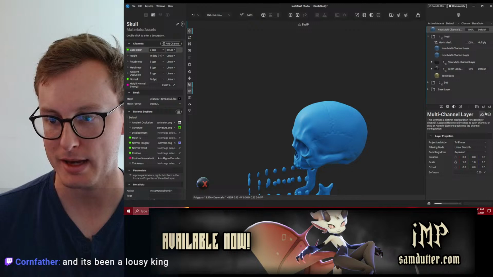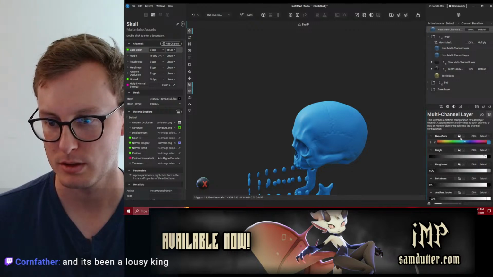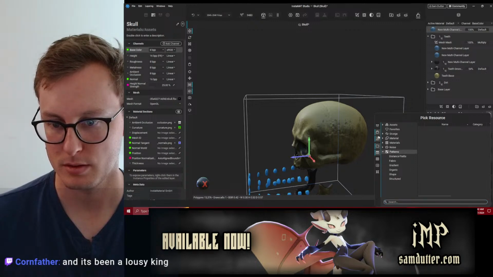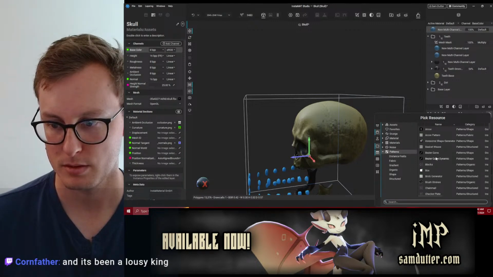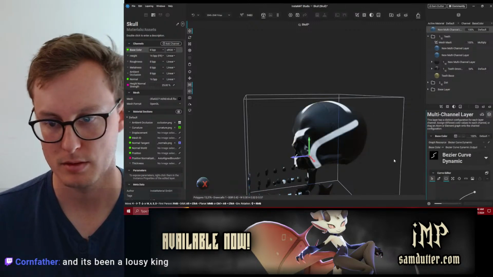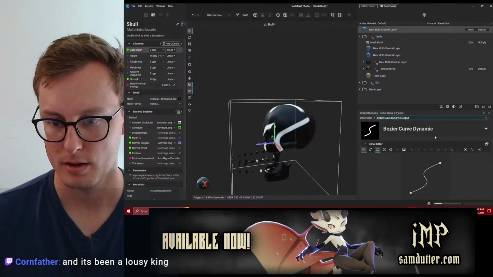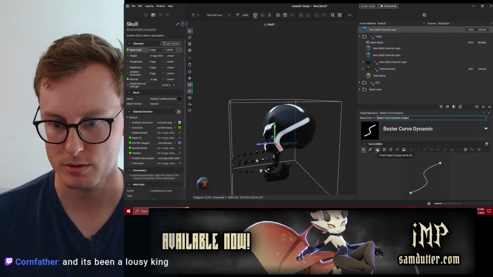Let's try adding it to the base color. Aha! Curve editor. Draw mode.